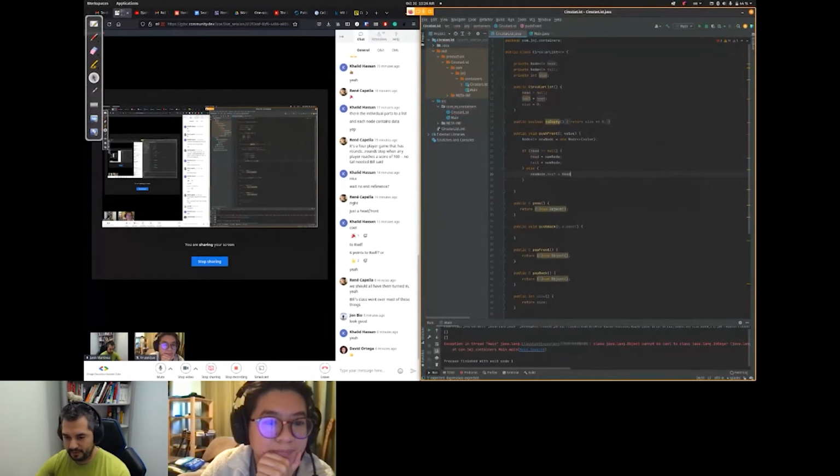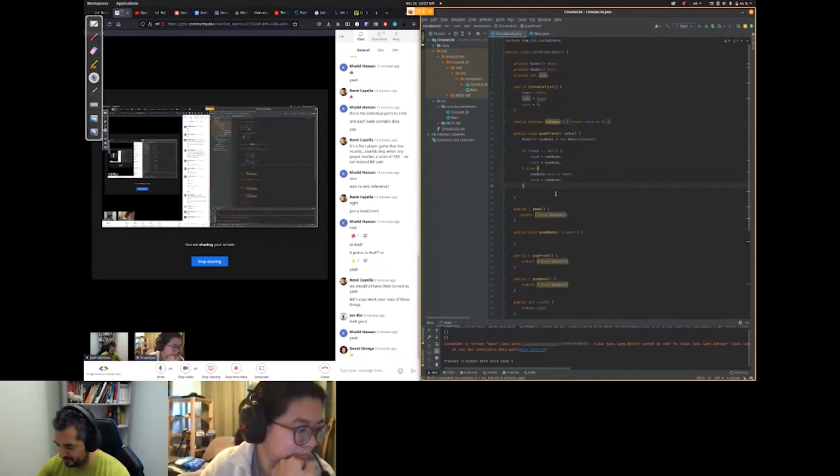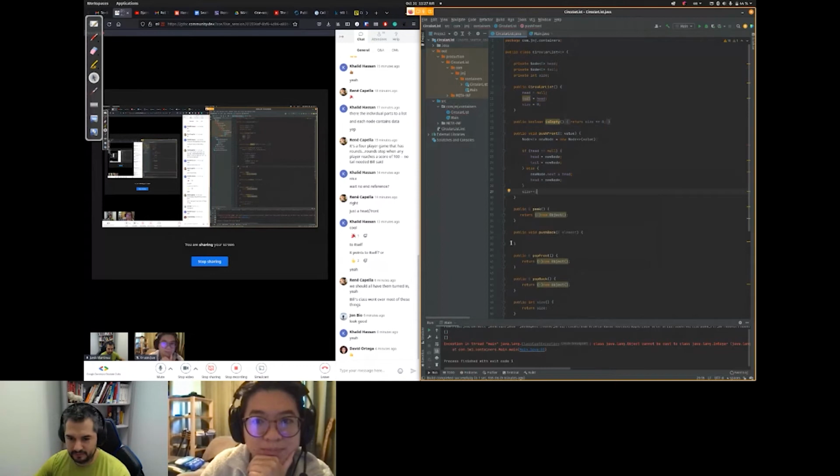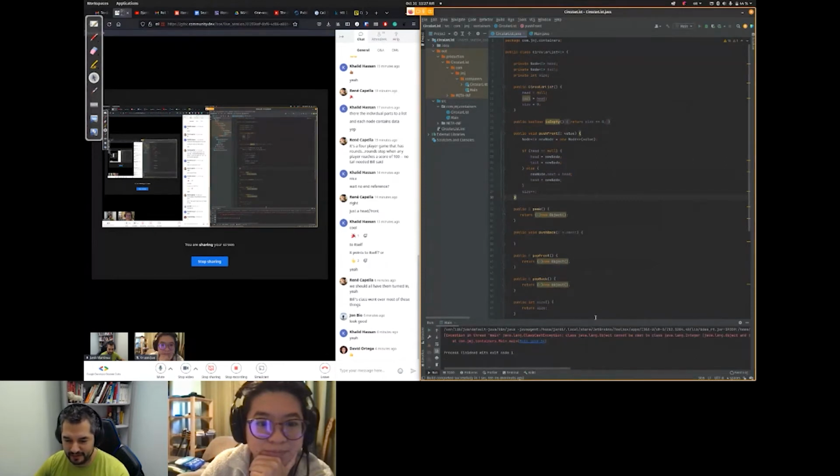So wherever head was pointing to is what my next is going to point to, and then head is going to be pointing to my new node. And tail won't change because it's already at the end, doesn't matter. And then the last thing we do, of course, is increase the size. Right. Now I can run it again, but this won't change anything because what I am printing out, oh no,